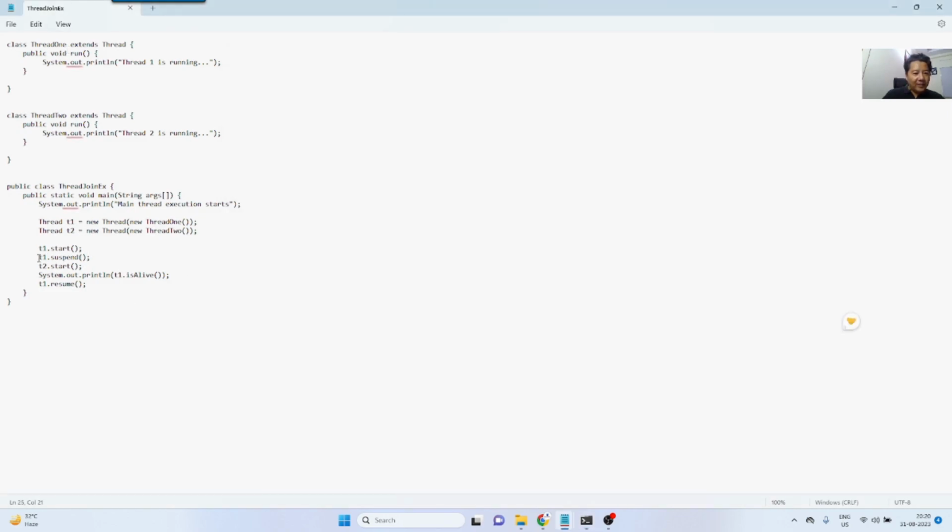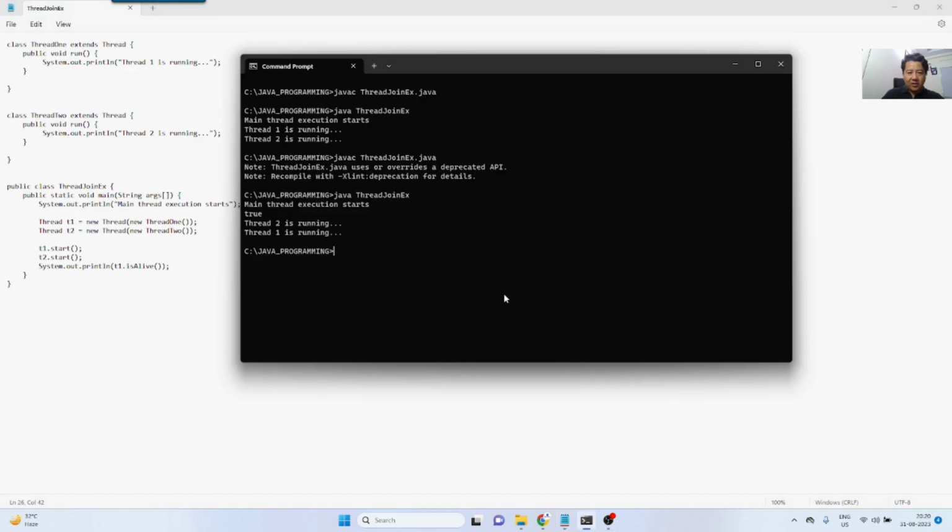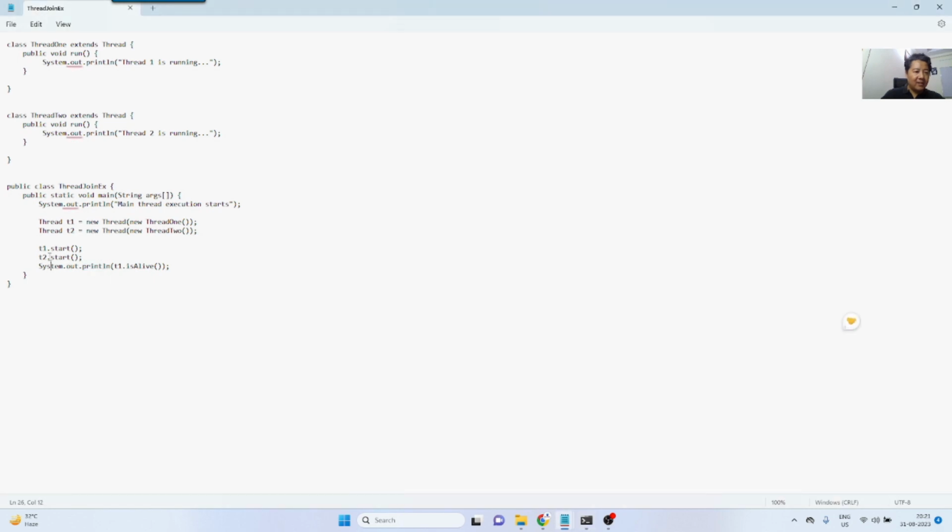Another way of testing whether this is working as expected or not is, if I remove this suspend method and simply check whether T1 is alive or not. Let me compile it. It is saying T1 is alive, right? So how can I make it